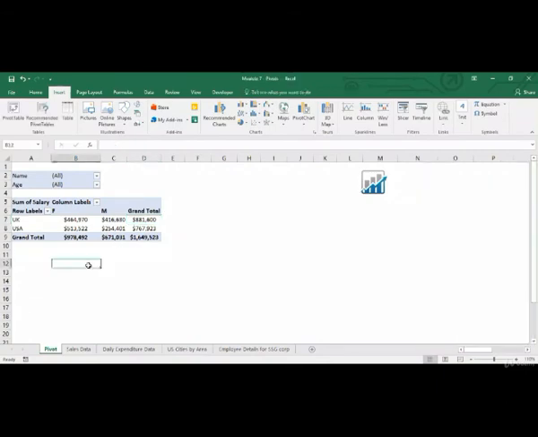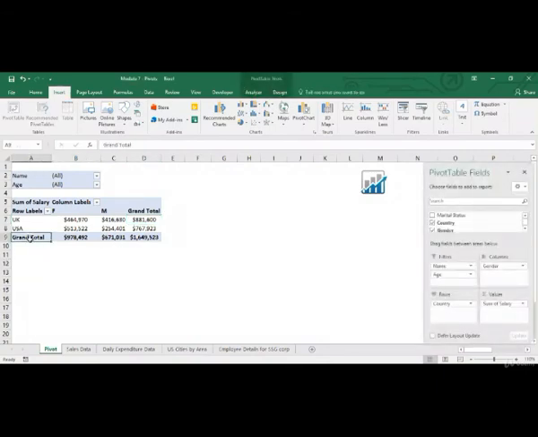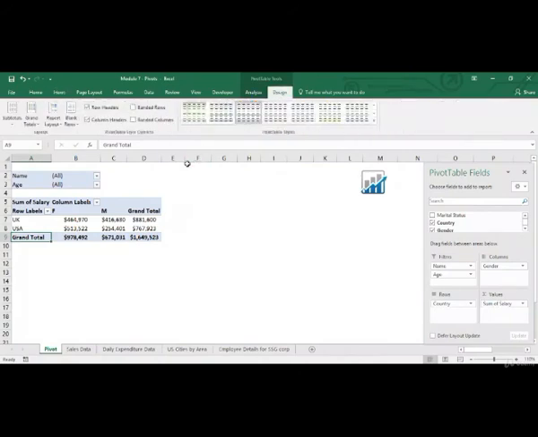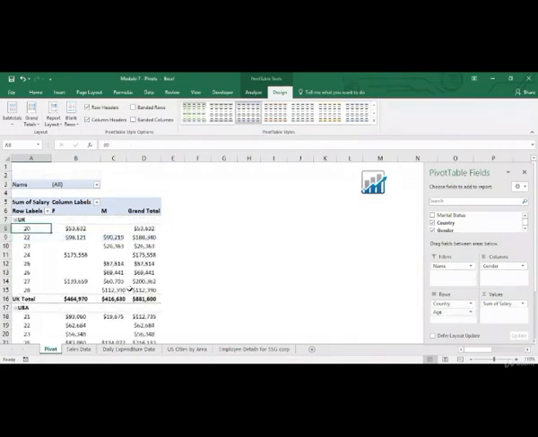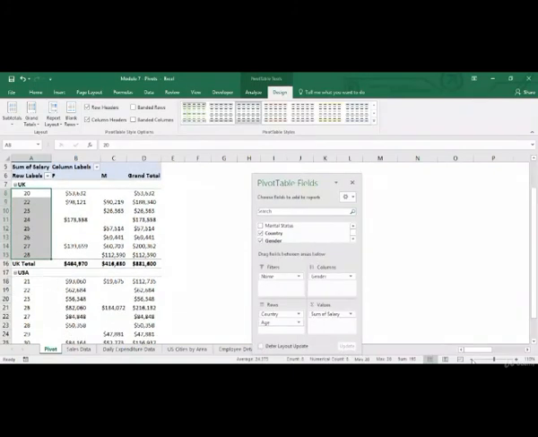Now let's look at some of the pivot table options. Whenever you click on a pivot table, a design contextual tab starts to appear. Let me just change the data accordingly. I put age also over here. So now for UK, I've got these different ages which are appearing. Similarly for, let me just zoom out a bit.